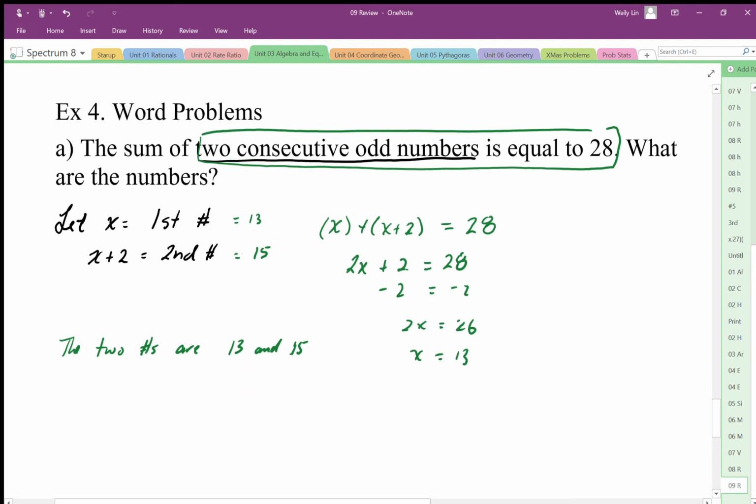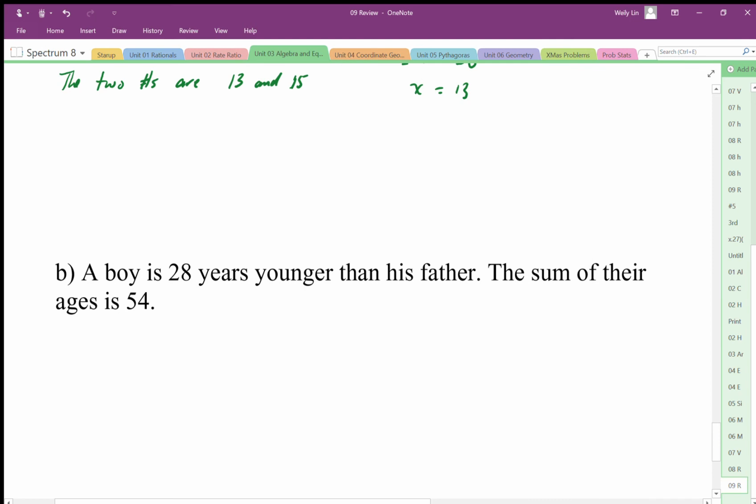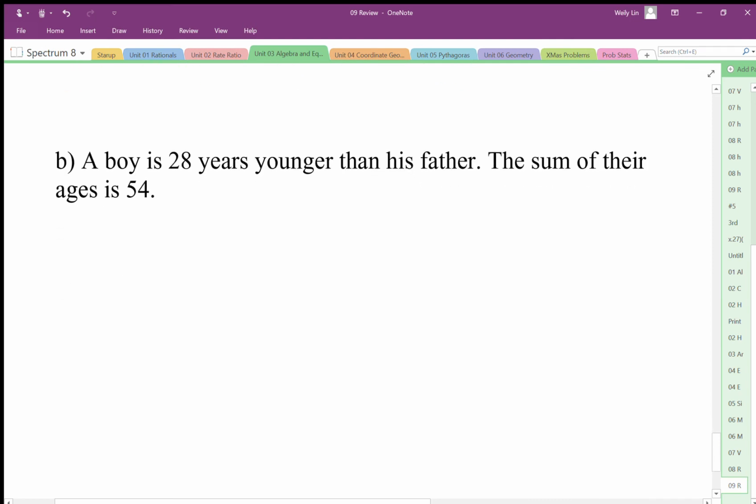Okay, so this next problem: a boy is 28 years younger than his father. The sum of their ages is 54. So it doesn't actually explicitly ask the question, but we're basically trying to find the age of the boy and his father. So we're going to have to let x equal